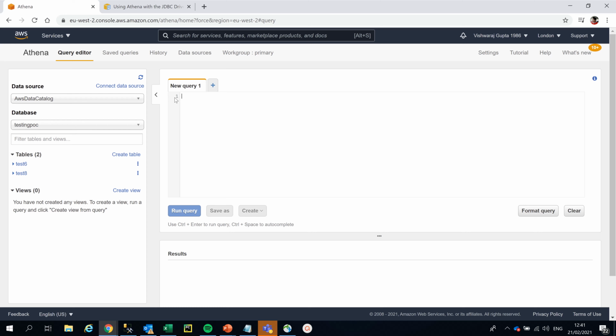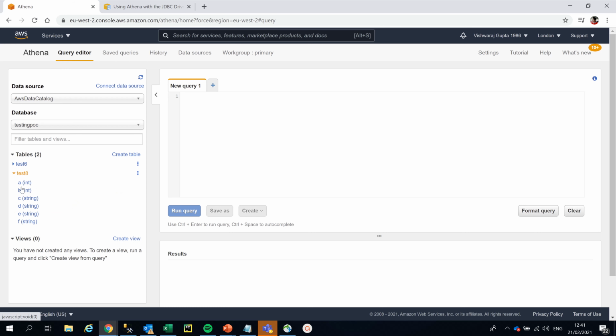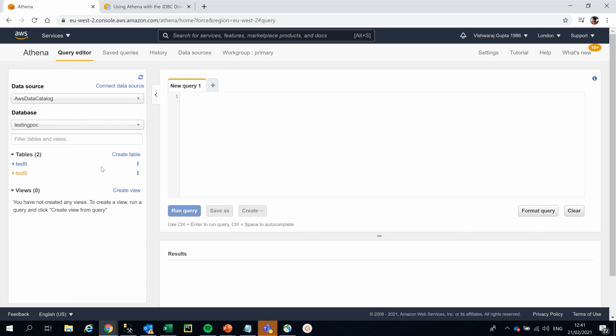Just wait until the table is uploaded. And once it is uploaded, you'll see your table here. If you click here, you can see all the column names. It depends how many columns you have, and you can cross-check if any column has been missed or anything.